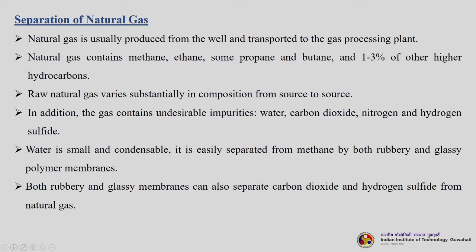Raw natural gas varies substantially in composition from source to source. In addition, the gas contains undesirable impurities. So, they are water, carbon dioxide, nitrogen and hydrogen sulfide, depending on what the source of the natural gas actually is. So, hydrogen sulfide presence varies. Water is small and condensable and it is easily separated from methane by both rubbery and glassy polymeric membranes. So, not an issue at all, and both rubbery and glassy membranes can separate carbon dioxide and hydrogen sulfide from